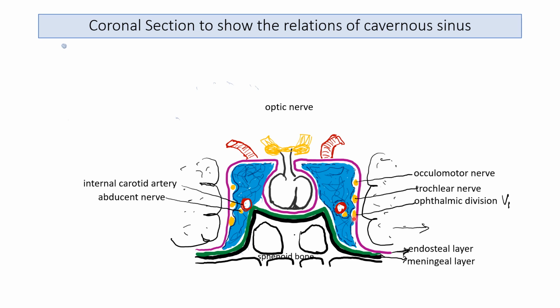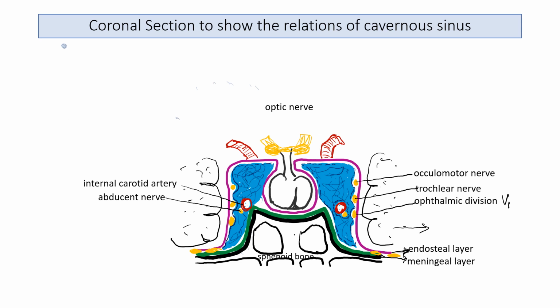This I am giving you from the latest edition of Gray's Anatomy. In older editions of the same book and other books, they write that the maxillary division also passes through the lateral wall. But the newer edition says the maxillary nerve lies below the cavernous sinus, not in the lateral wall. It is not part of the cavernous sinus. So if I have to draw the maxillary nerve, I can draw it somewhere here, and the mandibular division over here. So remember, nowadays the newer edition of Gray says the maxillary nerve is not in the lateral wall of the cavernous sinus.